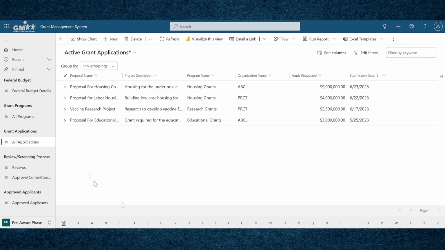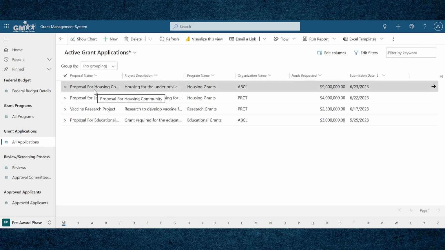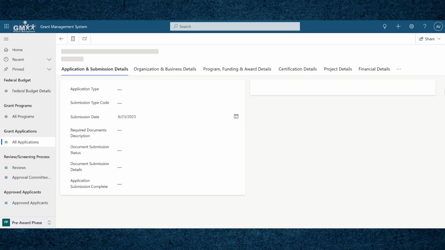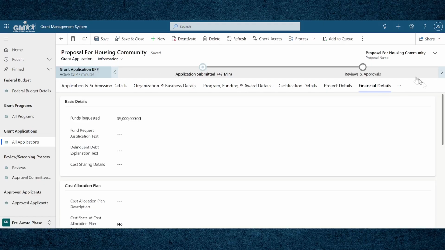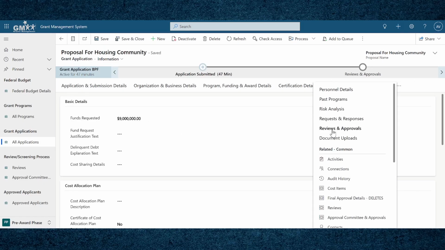For that, we'll have to go into our model-driven app. We can see that the proposal that the applicant had submitted right now is showing here. That is proposal for housing committee. And we can also see the various details that we have just filled in, like the program name, the funds requested, submission date, etc. If we click on this record, we can see all the details that the applicant has filled in, including the file that they have uploaded in the timeline. Like in financial details, we can see the funds requested as 9 million. Now if we go to our reviews and approval section,